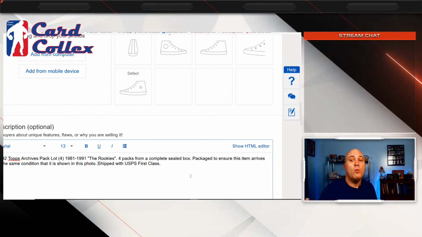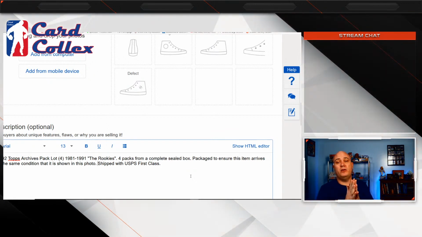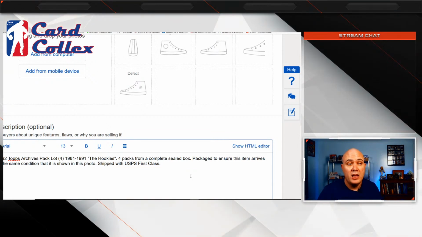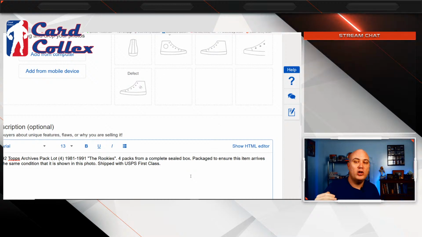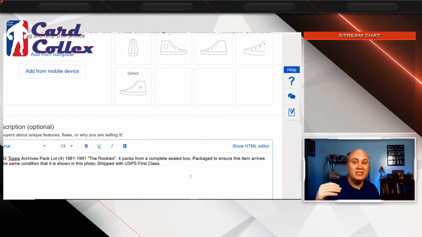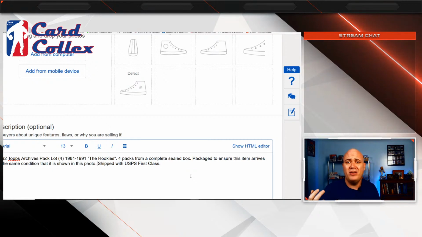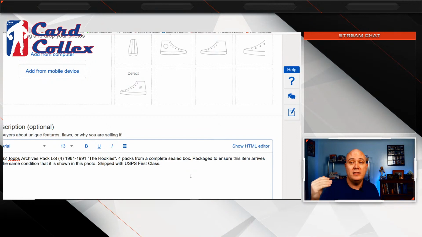One of the big things to put into play there is, say you're bidding on 4 or 5, however many lots from the same seller. Don't pay for those right away. Wait until all those auctions end, and then the seller should provide you with a combined shipping invoice, so a combined invoice for all those cards with combined shipping included. If they haven't, after your last auction ends, go ahead and send them a reminder.